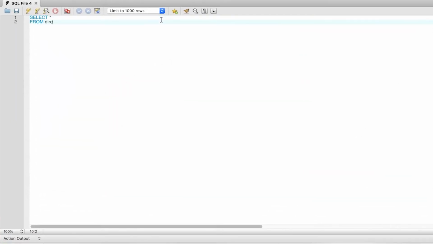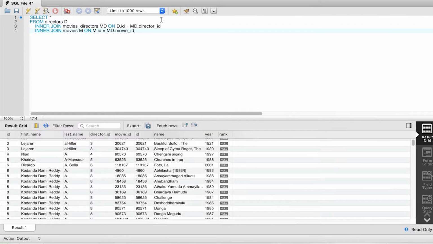So let's start first by doing the joins. So we type select star from directors D, inner join movies directors MD on MD.directorID is equal to D.ID, and another inner join movies M on M.ID is equal to MD.movieID. Now we have written the query, we have the tables that we need, and the query is showing the directors